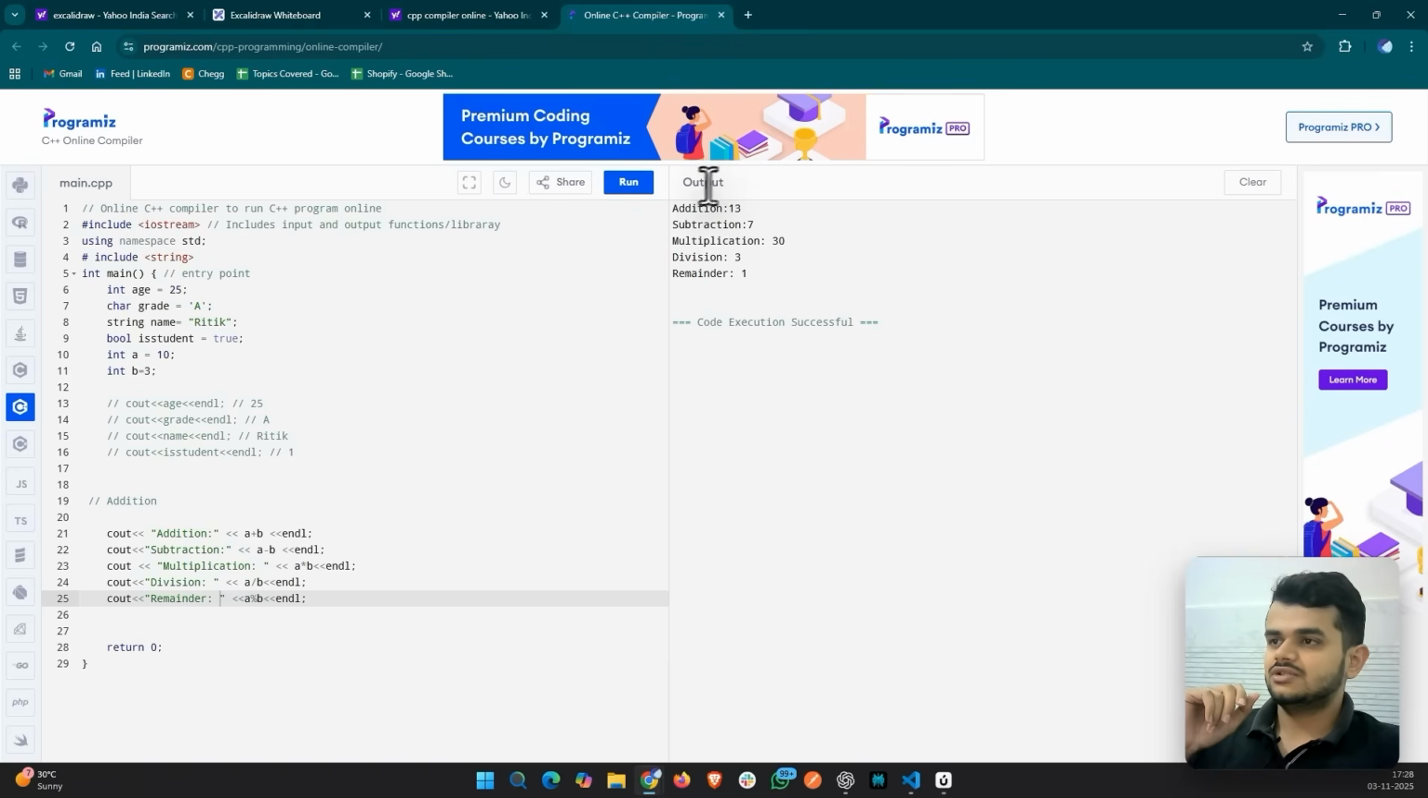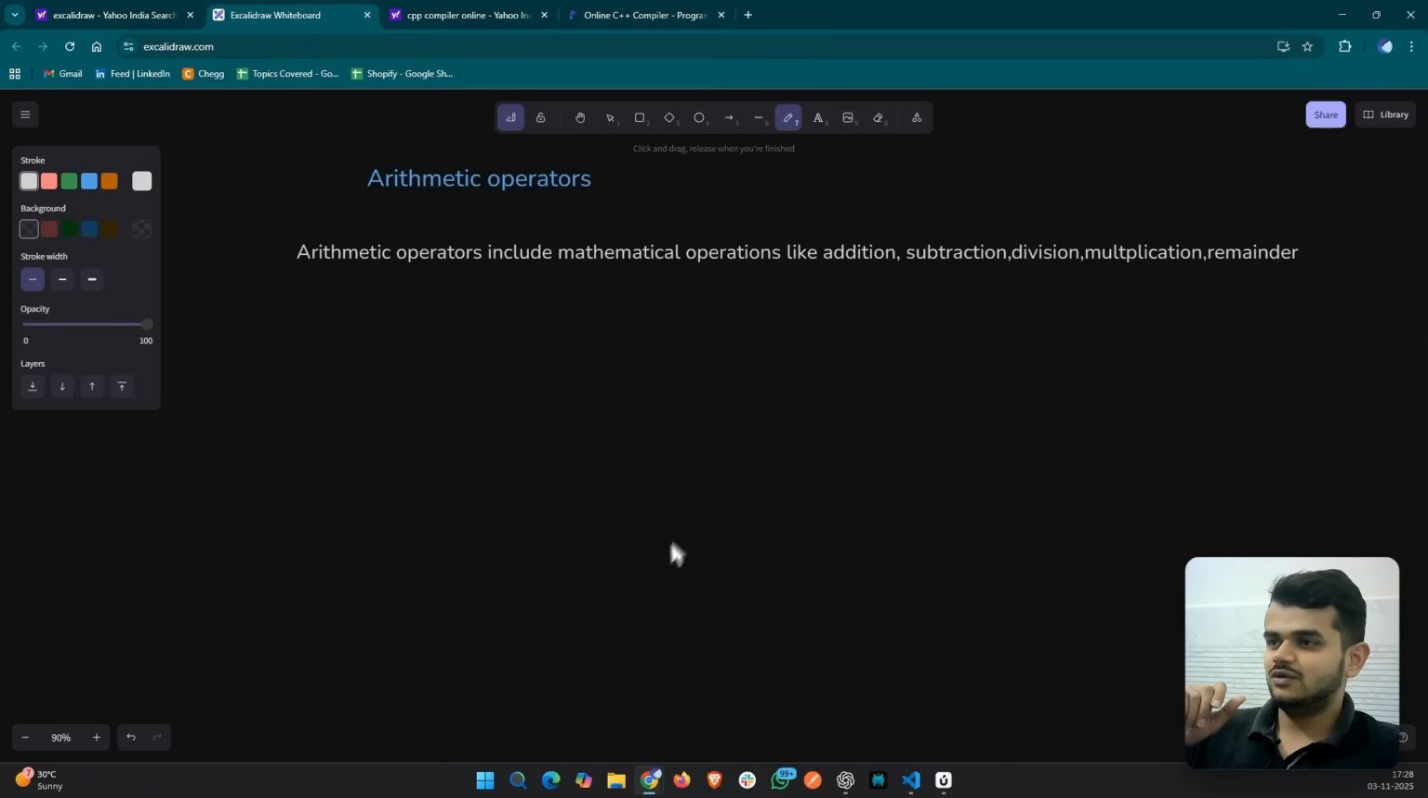So here it is. Okay, addition, which is a plus b. Yeah, 10 plus 3 is 13, 10 minus 3 is 7, 10 into 3 is 30, 10 by 3 is 3. So basically it gives you just the whole part, not any remainder. And if you divide 10 by 3, so if you kind of do something like